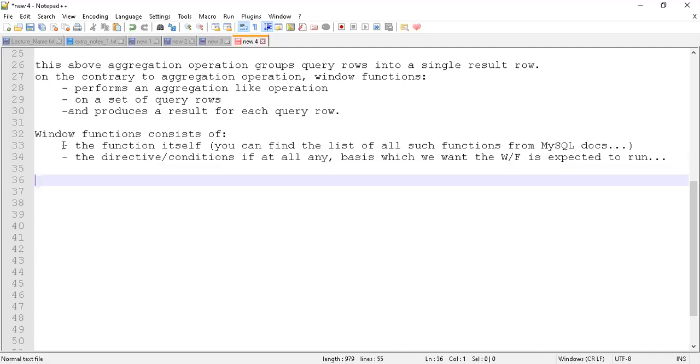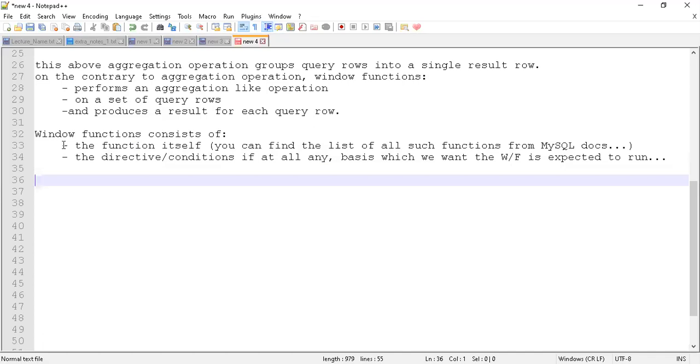Okay, so let's take an example and we'll understand. One of the very common things that we do inside this directive is to partition the data. I would just like to logically segregate the data. That's all I'm doing. I'm trying to logically segregate the data basis something, and that something will be passed inside my query.